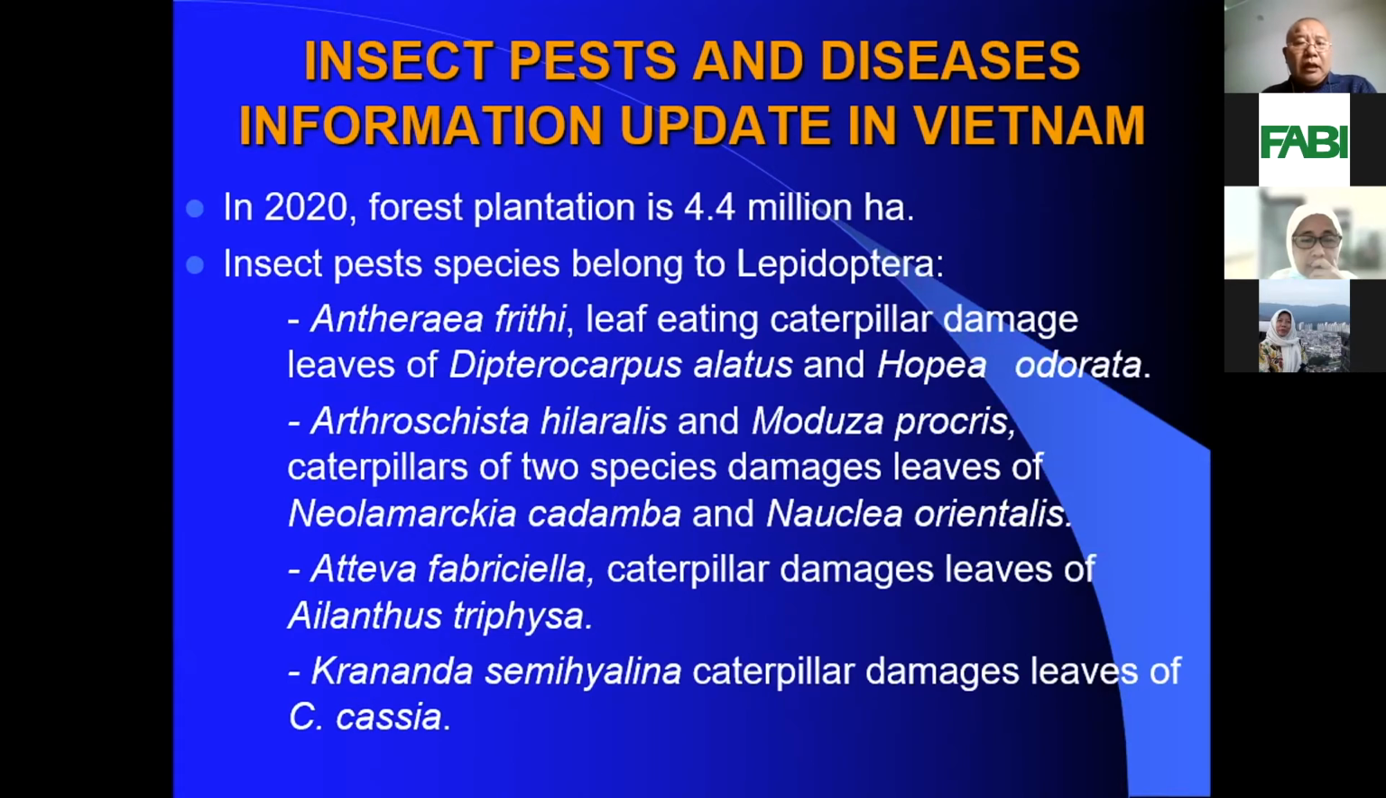Now the important insects belonging to Lepidoptera. The first species is Anteres friti, a leaf-eating caterpillar. There is Dipterocarpus alatus and Hopea odorata. The second one is Atrochista hilarialis and Mojura brosis, caterpillars of the two species. They eat leaves of the